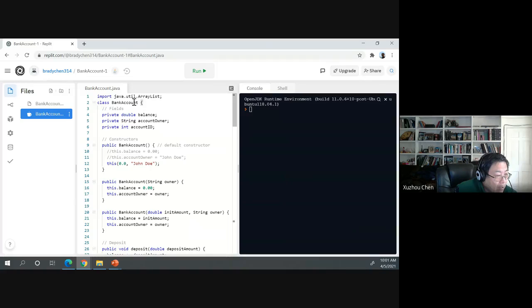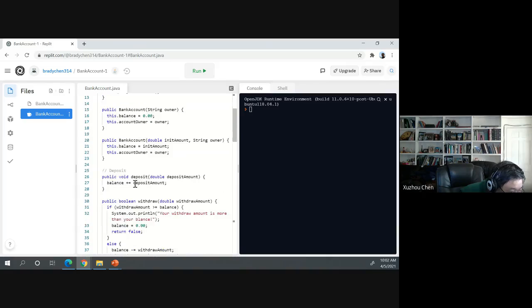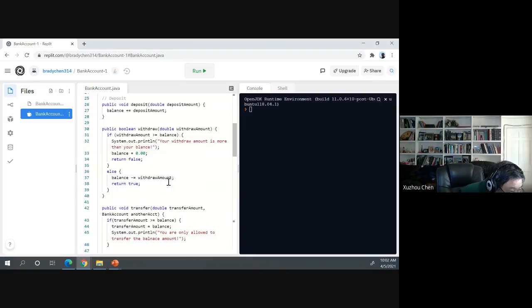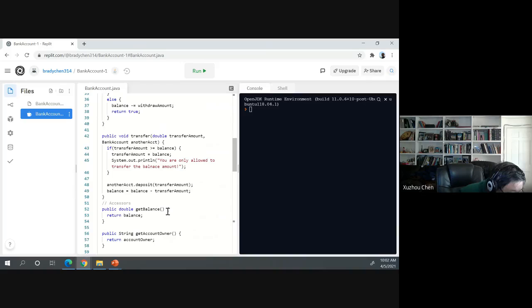We define a class, which is a bank account, and we have a couple of fields over here, and also some constructors to create the bank account, and we have some methods: deposit, withdraw, and also transfer, and some methods called get balance,